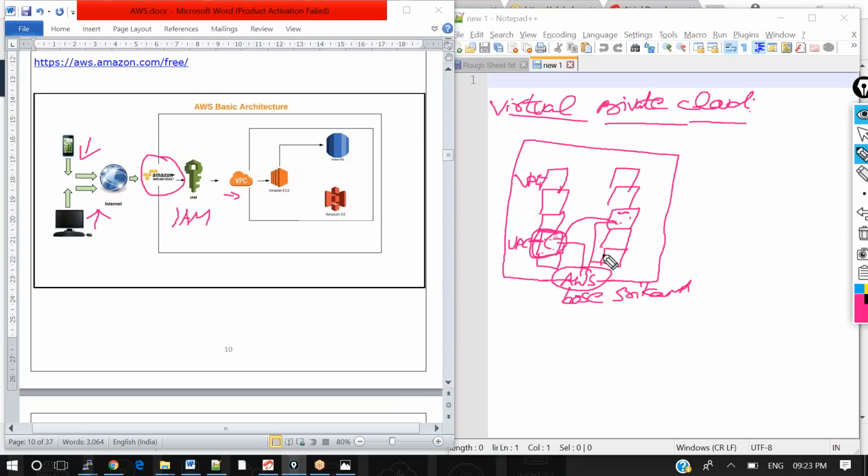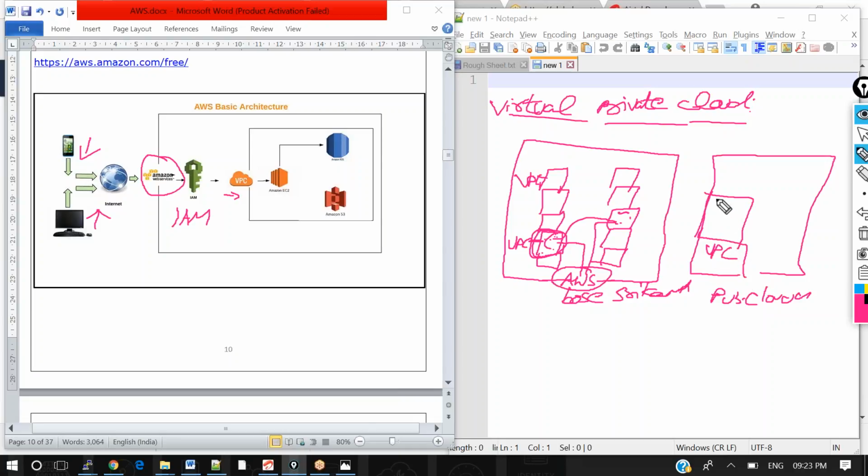Obviously not. In the whole apartment building you have your flat, and within the flat you access your properties. In the whole public cloud environment, you create a separate space for yourself, and that is called a VPC.